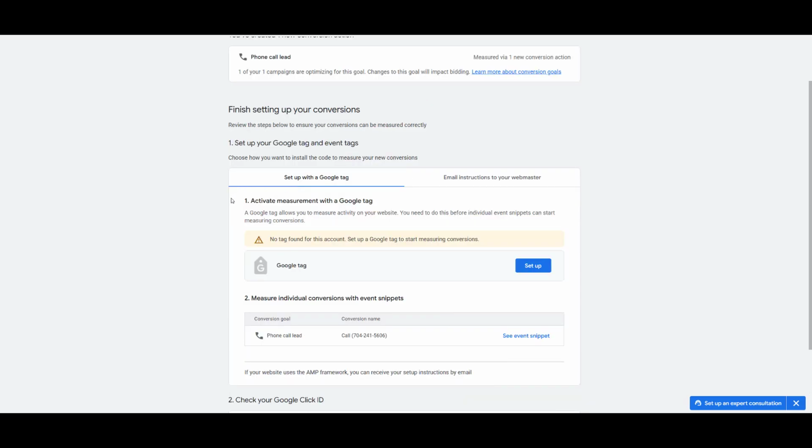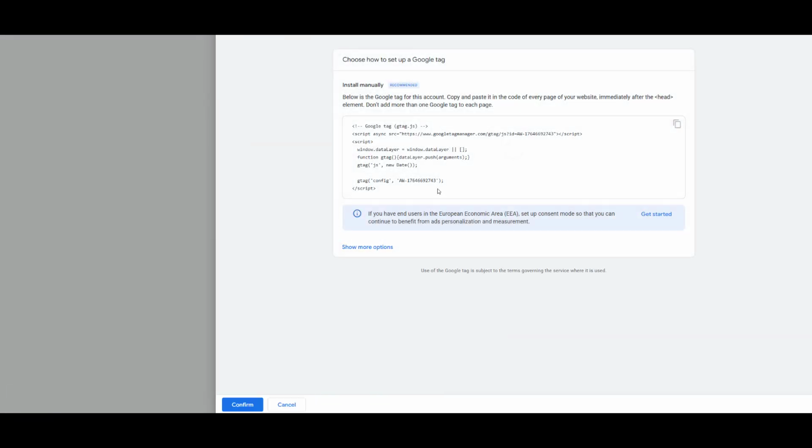And again, you just got to copy and paste it. It's not a difficult installation. For any of the conversion actions, you're going to need to install this Google tag. So you just hit setup right here. It's going to open up a window that looks like this, and you have this little snippet of code. All you got to do is copy this, and then you put it within the head tag